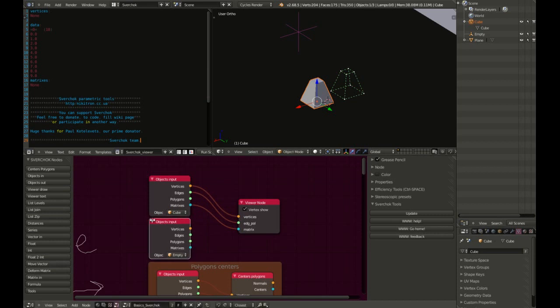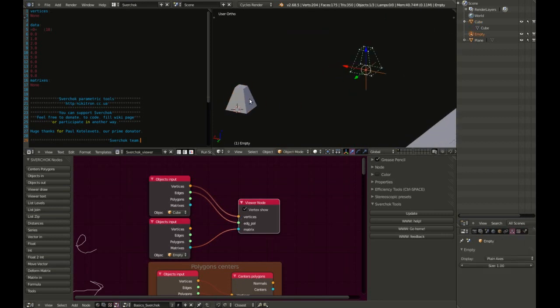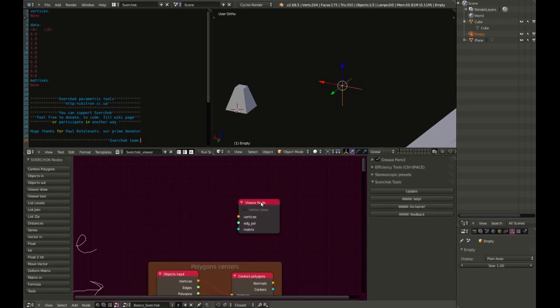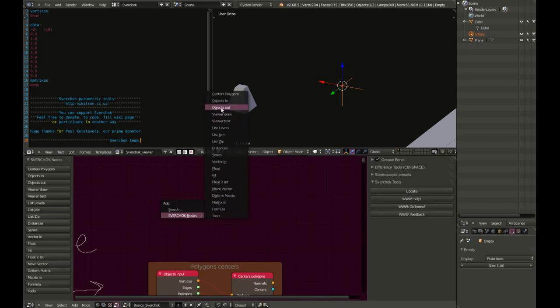Now adding an empty, join matrices from the empty, and you see the matrix is location for now. Location, rotation and scale define the placement of the object's vertices in the scene. When you're updating, it does not work properly for now, so you have to put the socket